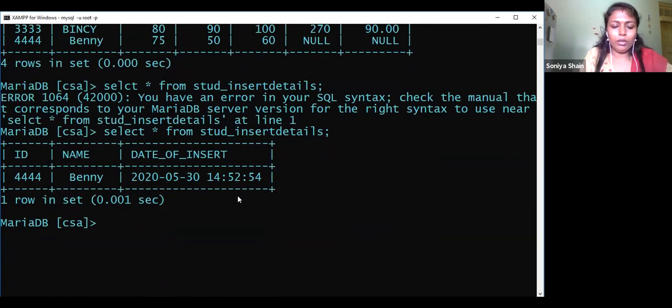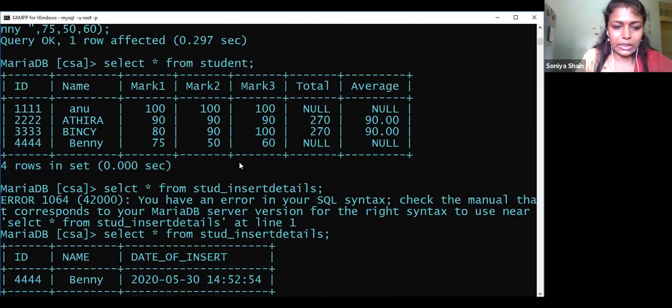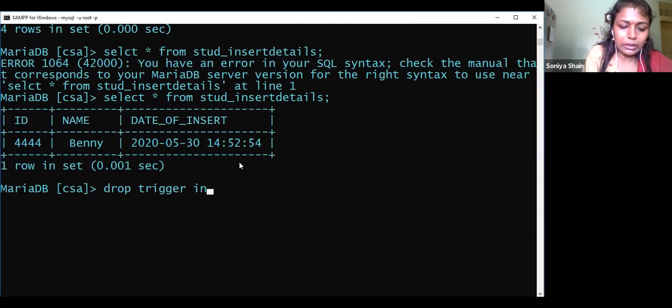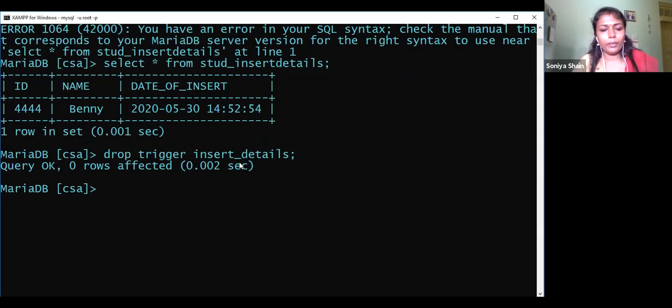Okay, so we will drop this also. Drop trigger. What's the name of the trigger? Insert underscore details. Insert underscore details. Okay, so drop that.